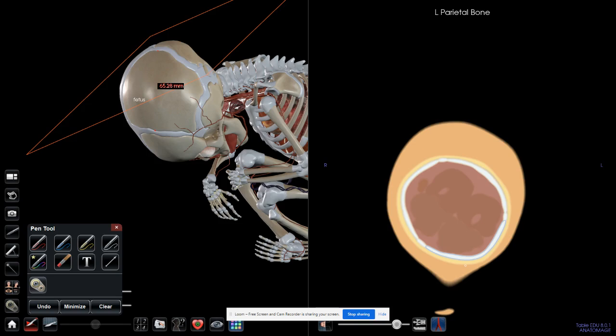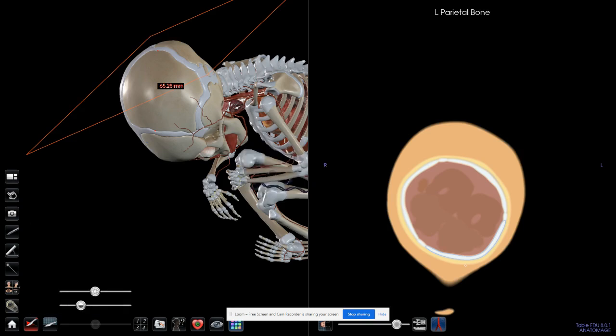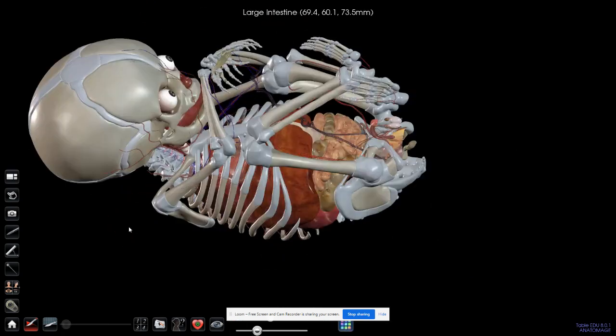In the pan, say you have added here a note and you want to clear, you say clear the drawings. I want to clear the measurement. I click on this block sign. So to continue looking into other options or the buttons or the knobs that are there in my layout, this one,